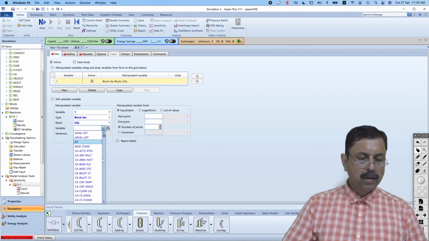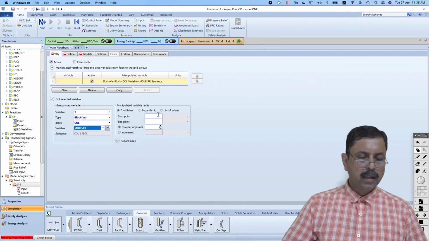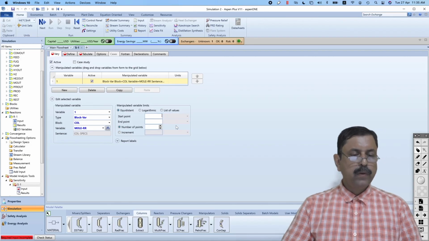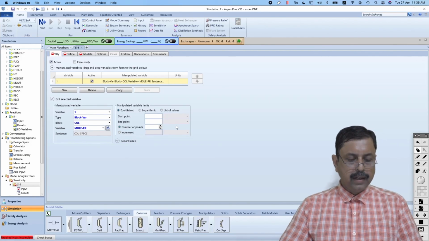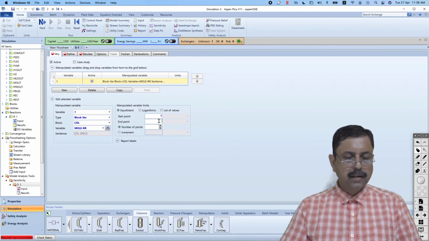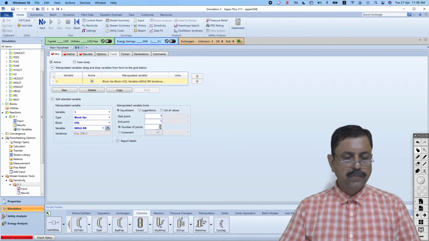It should be reflux ratio, so it is MOLE-RR, the molar reflux ratio. And we have used reflux ratio 3. So let us start from 1 and do it up to 5,